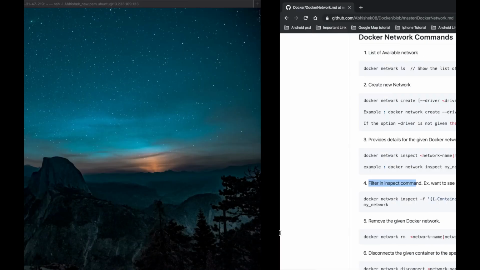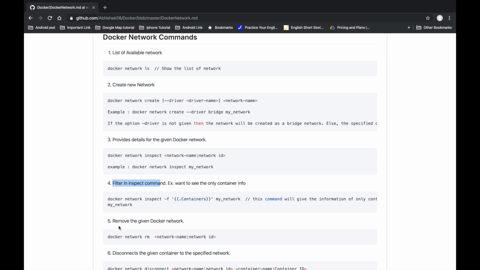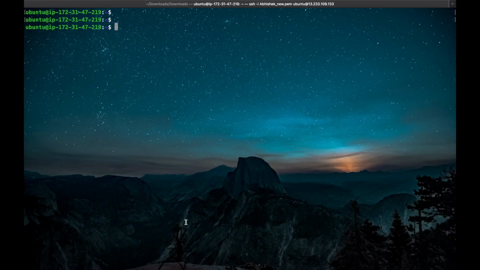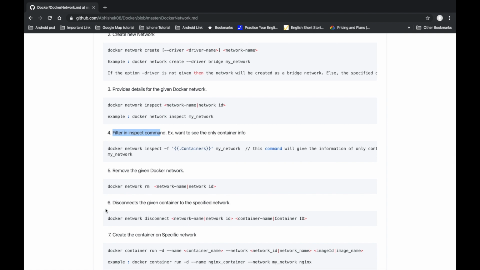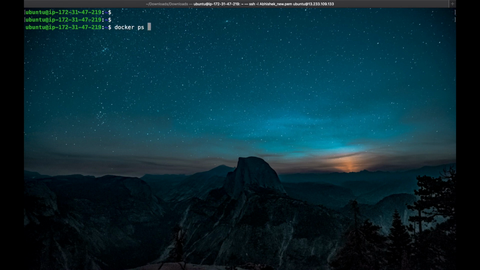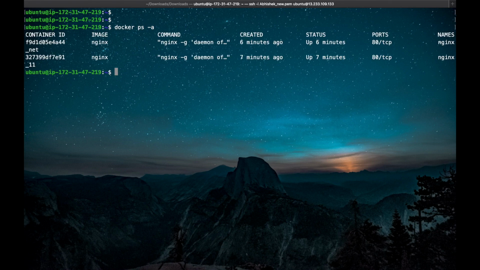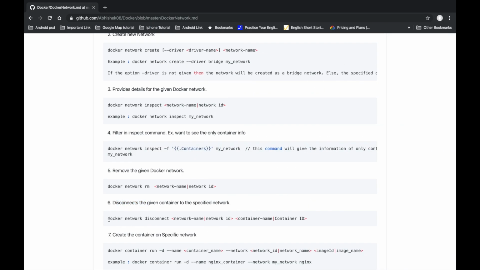Okay, so the next command is remove the given container network. We will check this command later. Now if you want to disconnect from a particular network, docker ps -a. We can see here our two containers nginx 11 and nginx net are connected with the bridge network also. So let's disconnect this one from the bridge network. For that the command is docker network disconnect. Let's copy this command.